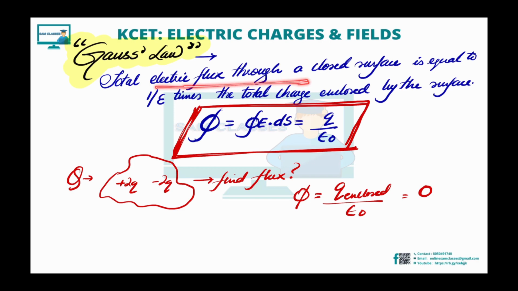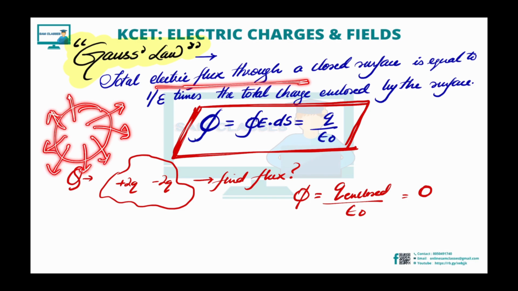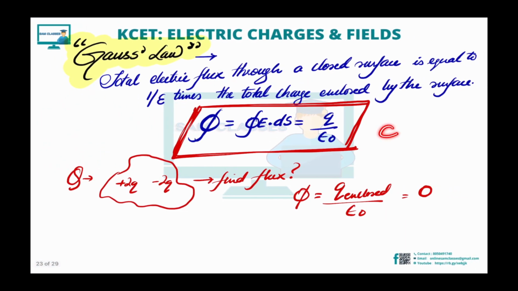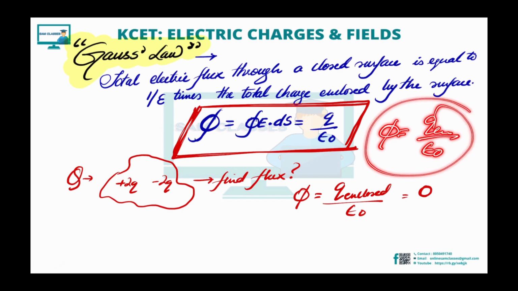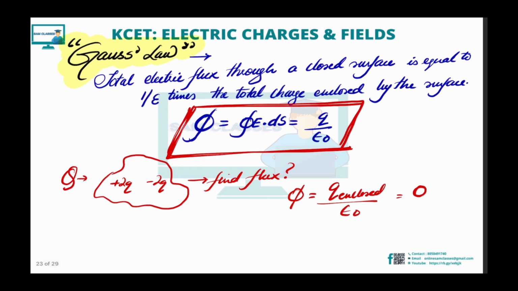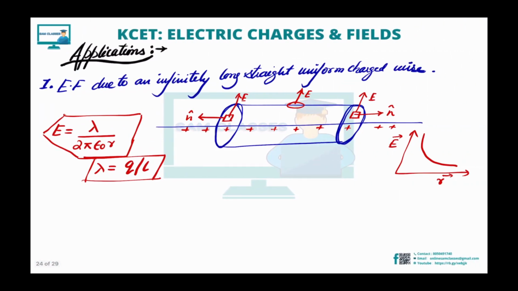That's simple. So Gauss law states that the electric flux through any closed surface, electric flux means the number of field lines which are coming out of the surface, normally, how much are they in number? That can be given by the charge enclosed, meaning how much charge is there inside this surface, divided by epsilon naught. So the flux is nothing but charge enclosed by epsilon naught. Pretty simple formula.